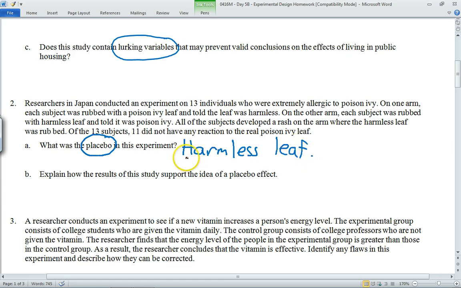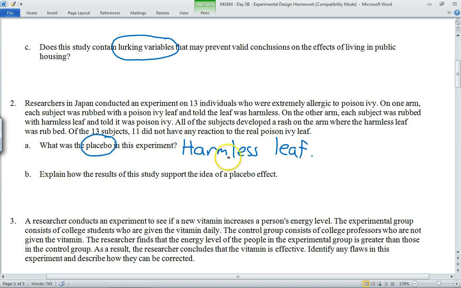Okay? Because people were given this harmless leaf. It really is not supposed to have any effect. But the people were told that it was poison. But it was harmless. The harmless leaf is basically like the sugar pill. It's not supposed to do anything. Now,